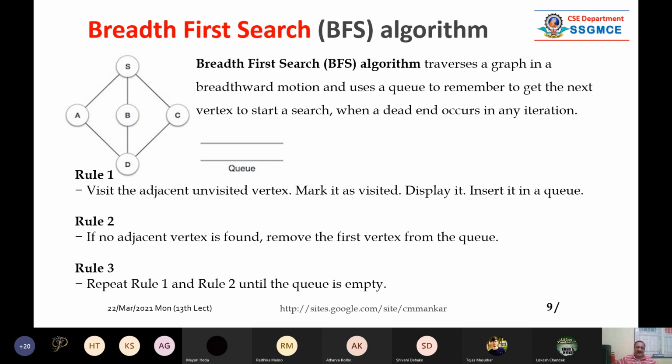So you read this. Rule number 1, visit the adjacent unvisited vertex. Vertex means node. Mark it visited, display it, insert the value into the queue. This is rule number 1. तो हम लोग क्या करते हैं, वो नोड को मार्क करते हैं. We make it some dot or we color it or we make it bold, जिसको भी हम विजिट करते हैं. I don't know, but perhaps you may have learned this algorithm in another subject also, but still I want to go through it. And second rule is that